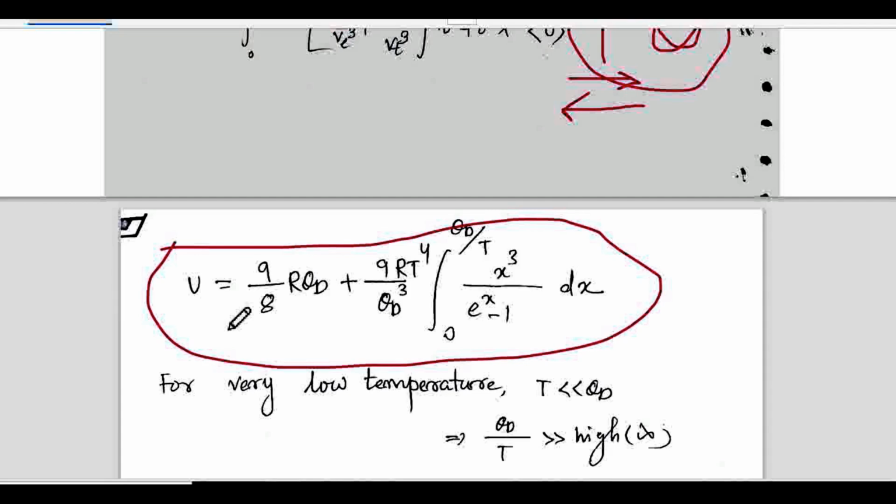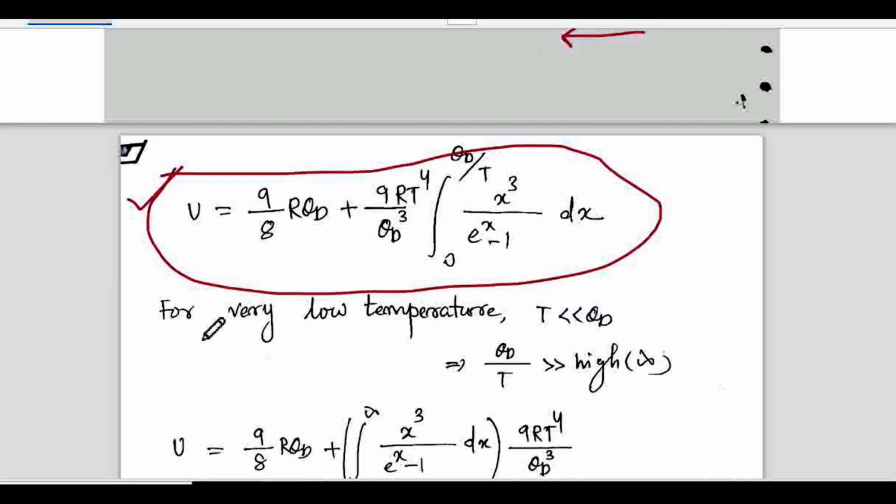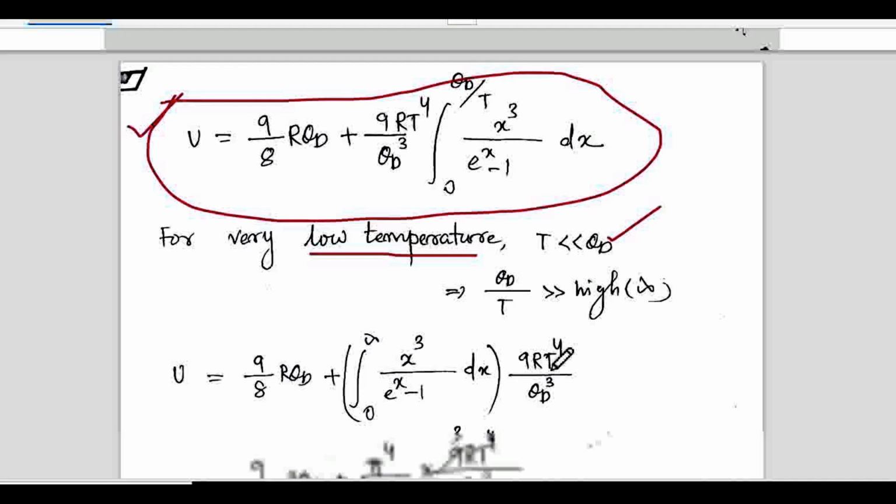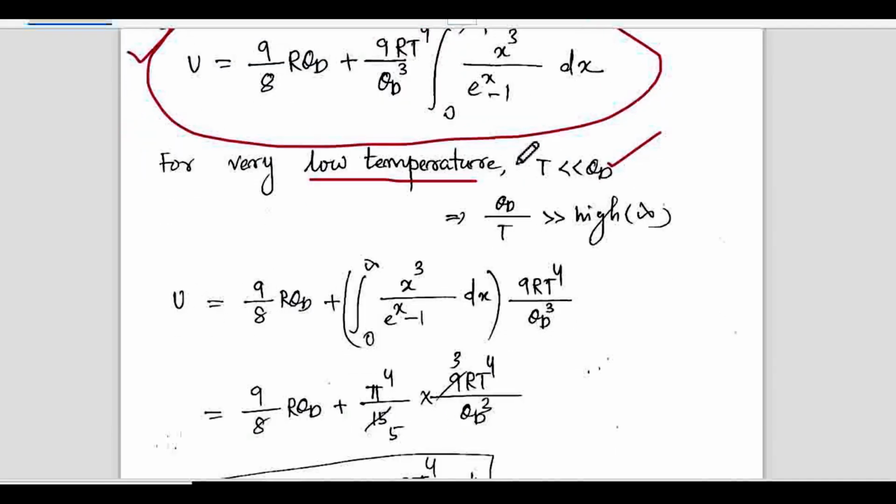equation in the last. Now in this equation, you can see this theta d. Theta d means the Debye temperature here. Now if you impose the constraint that it is at very low temperature, that means T is very much smaller than theta d, then theta d by T will be very high, or you can say it tends to infinity. Now if you put this constraint in this equation, you will get